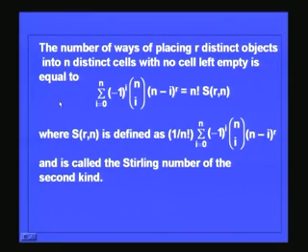So, we are not considering non-distinct cells now, we are considering distinct cells. This expression gives you the answer that you can write as n factorial into S(r,n). This is for distinct cells. When you want to say that the cells are all identical, or non-distinct, you have to divide it by n factorial, right. So, this should be divided by n factorial to get the answer when you want to distribute